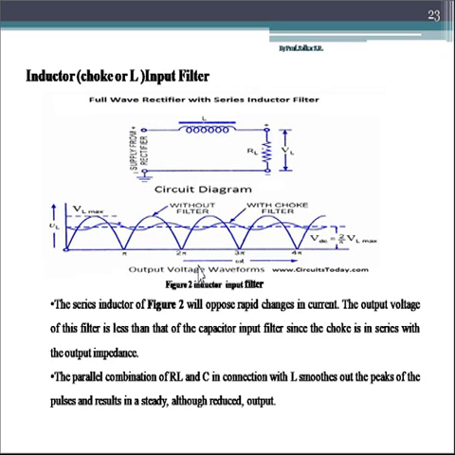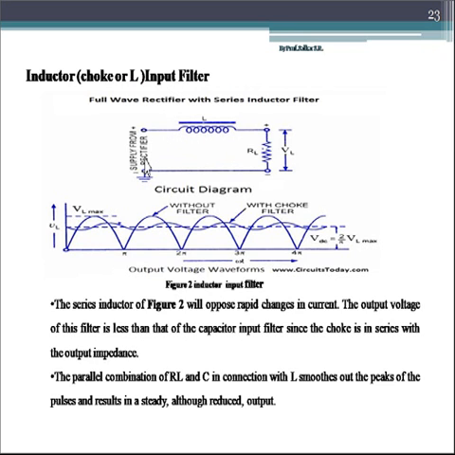We have to remember these two properties, and then you will understand the working of the inductor filter. The first property is that an inductor opposes any change in the flow of current, and the second property is that an inductor easily passes DC signal through it, and it blocks AC signal. That is, it does not allow the change in the AC signal to flow through it. So we are going to use these properties to learn the working of the inductor input filter.